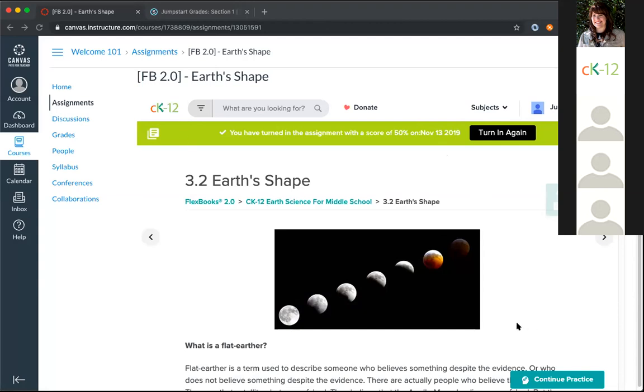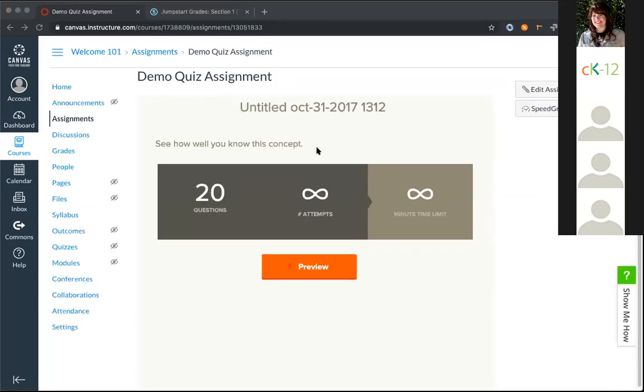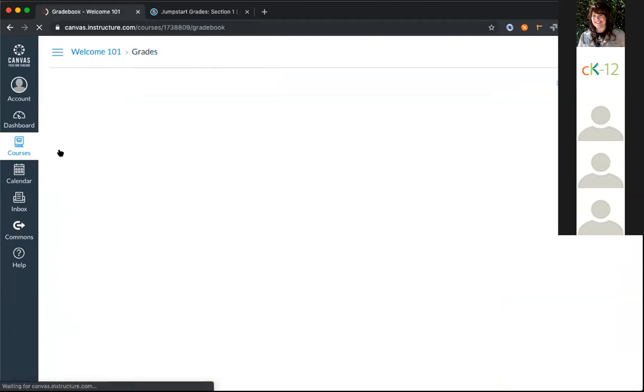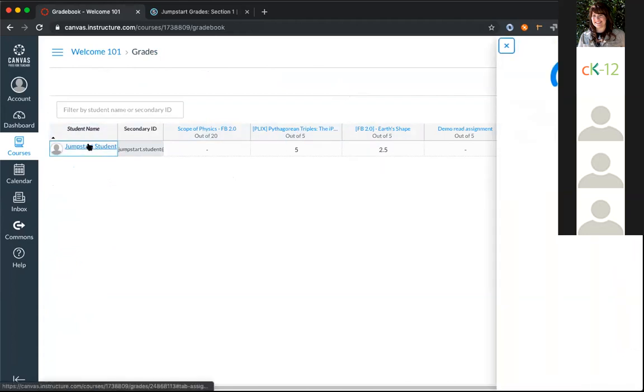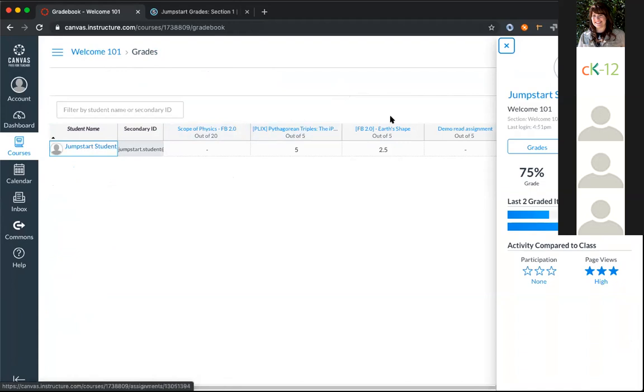One quick thing: I'm gonna switch back to the teacher for Canvas really quick. Okay, so here I am in the teacher view. You can see the scores are here as well. But one thing that we do for any of our assessment turn-in, like the Flexbooks 2.0 that have these quizzes, and of course quiz and practice assignments, in Canvas you can see we post a link to the gradebook.